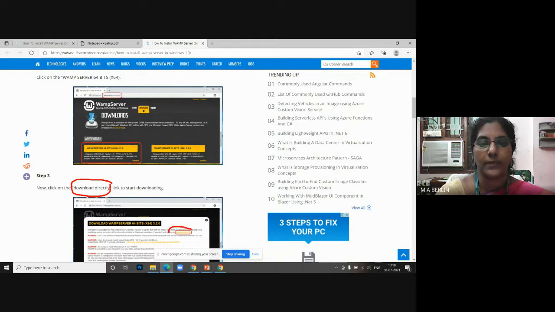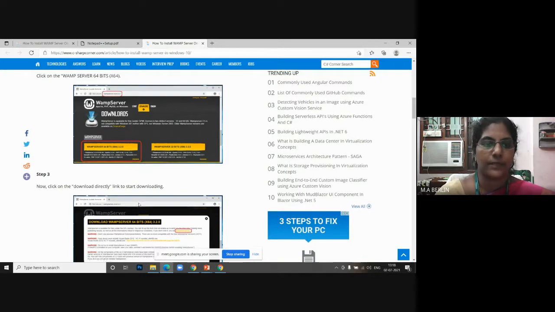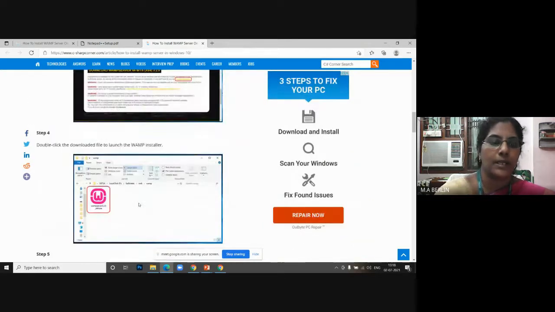Just click it, it will download the WAMP server exe file. After downloading, you can see the executable .exe file, right? Once you get the .exe file, that is the executable file of WAMP server, you have to double click on it, for launching the WAMP installer.